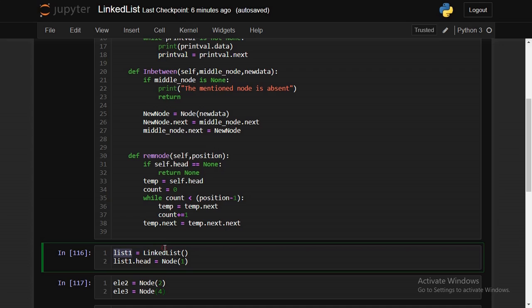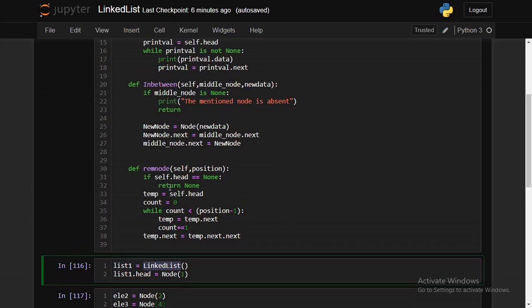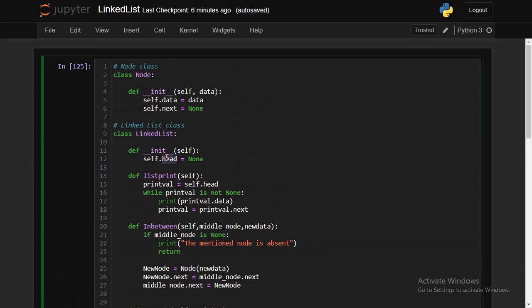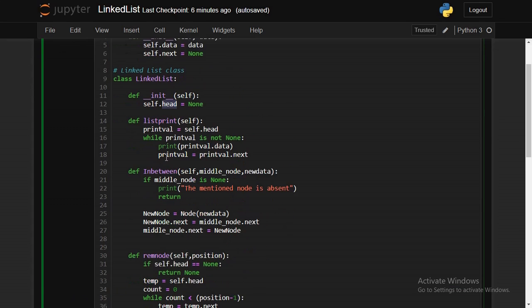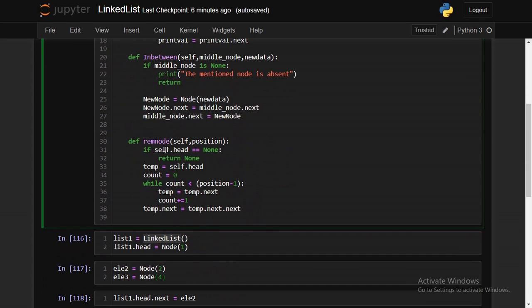Okay, the LinkedList class contains this part, right? It has to be initialized with a head node. Initially the head will be None, but we can give a value to it, right? What I'm doing here is I'm giving list1.head is equal to Node of 1. Instead of list1.head equal to None, I'm initializing the linked list with a value 1.